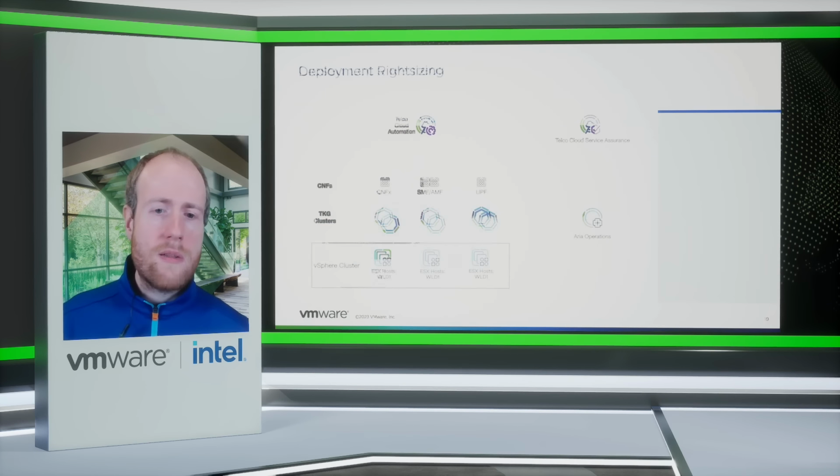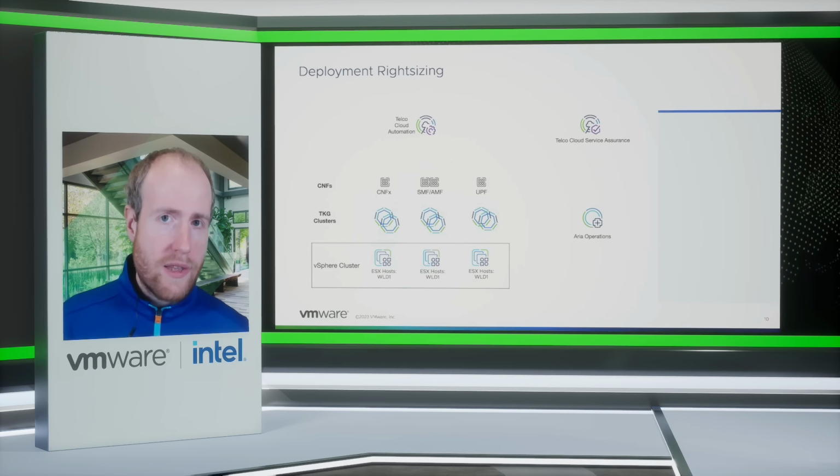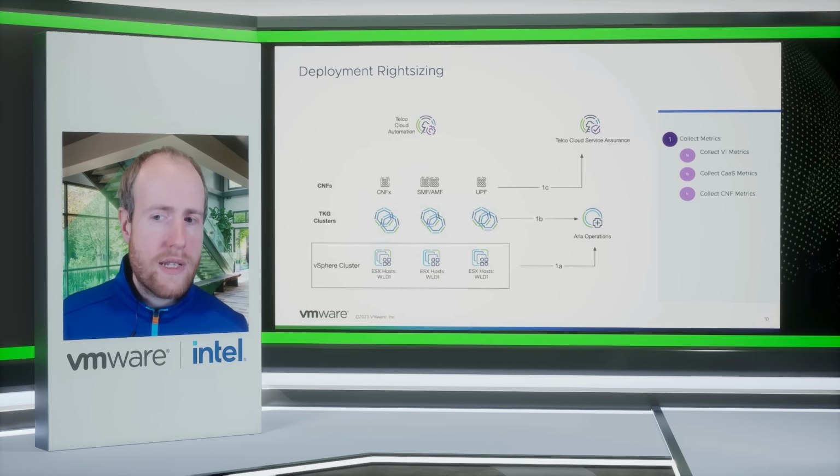So how would this look like in more detail? Well, first of all, you need to start by measuring things, and not only at a single level, but at multiple levels. So you collect the metrics on your bare metal infrastructure, so the actual servers. You collect metrics on the Kubernetes layer if you're running CNFs, for example, and you collect metrics on your VIM layer. You aggregate these and feed in alarms as well into a service assurance product, which then can trigger remediation